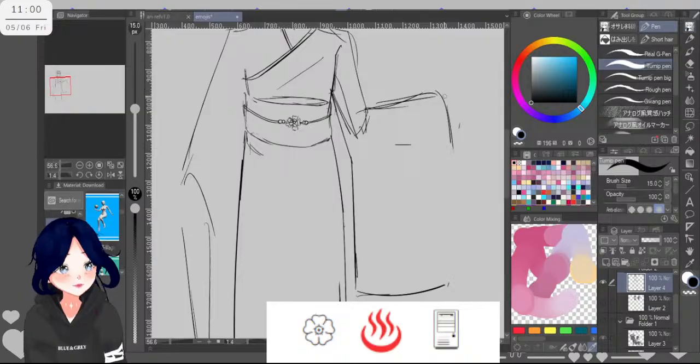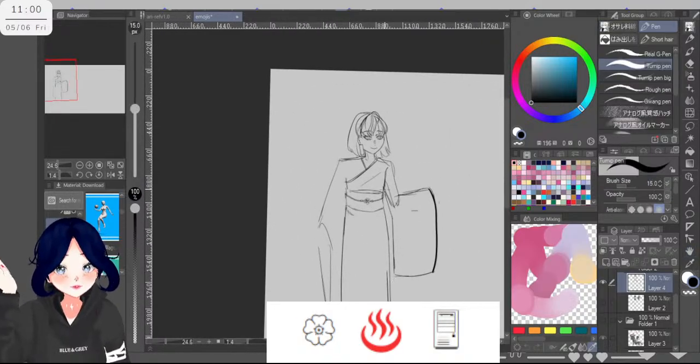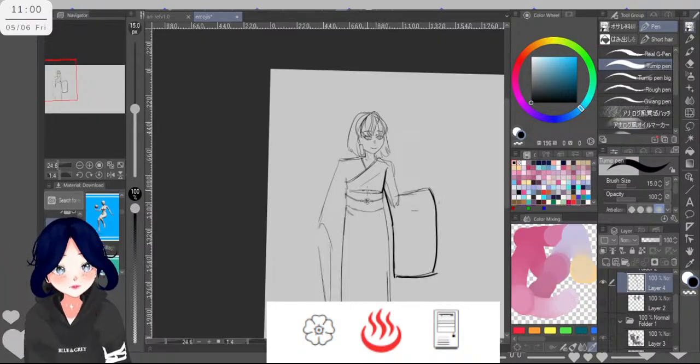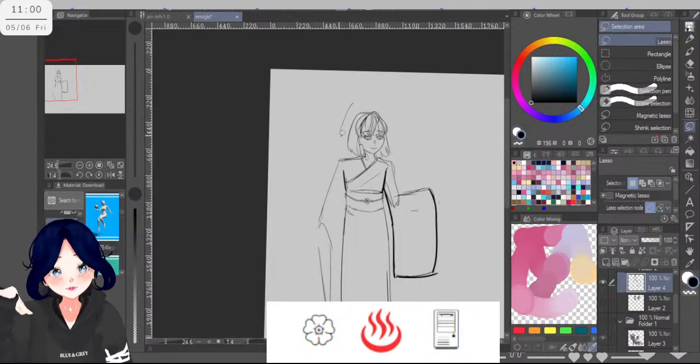Maybe that's a little too big, but for sketches, when I'm using the pen, I like to make it a little like this, so that way I don't focus that much on the details. And also the neck should be a little more on this side.